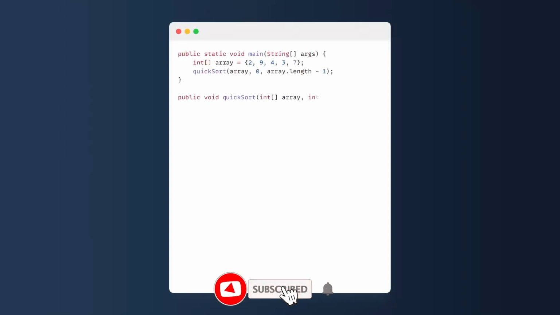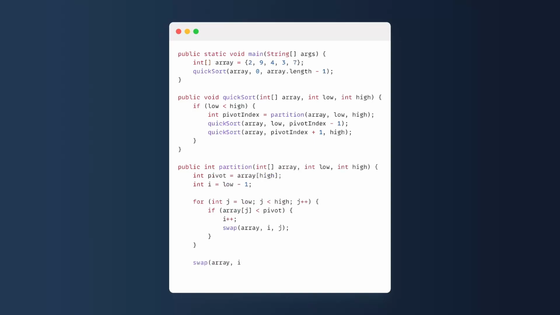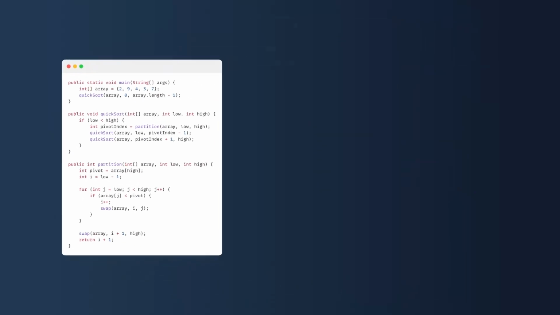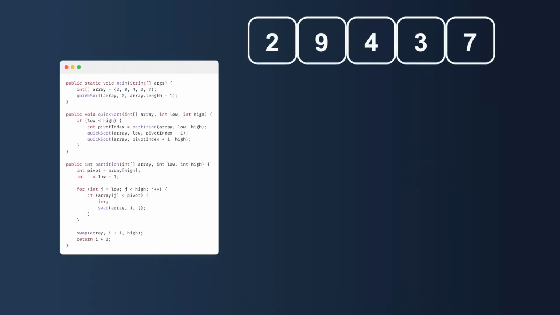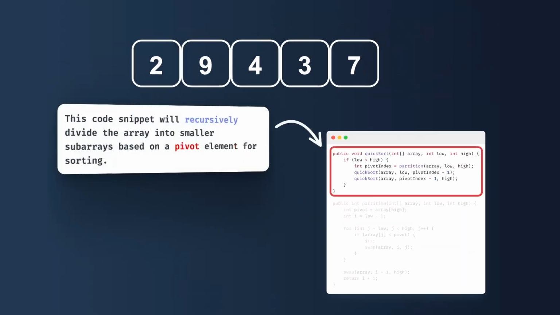Today we're going to be going over quicksort, and we are walking through each step while highlighting the code execution, also using recursion. We begin with the array 2, 9, 4, 3, and 7, executing the main method calling quicksort on the array in the parameters 0 and 4, which is the array length minus 1. The main idea of this quicksort method is to recursively divide the array into smaller subarrays based on a pivot